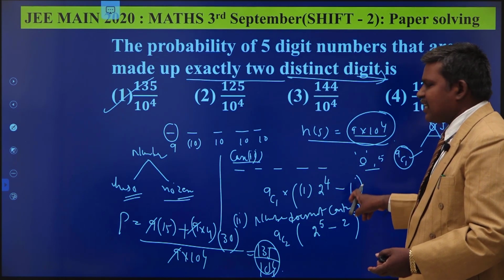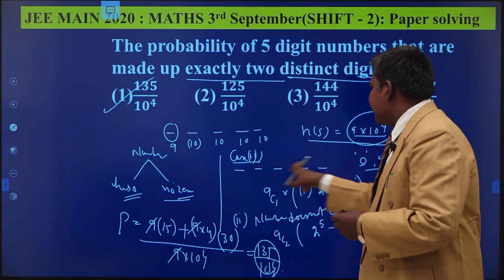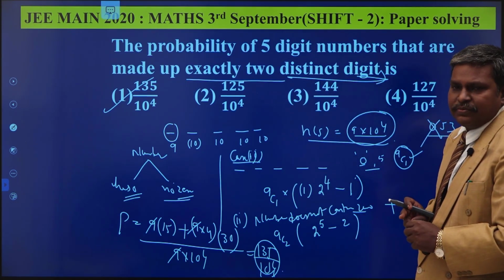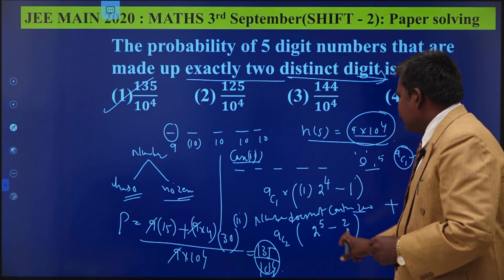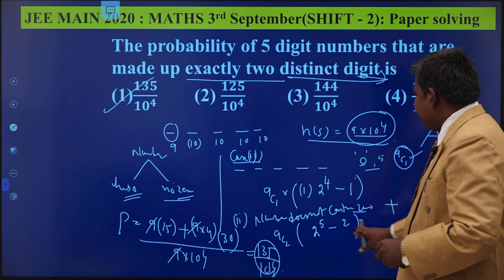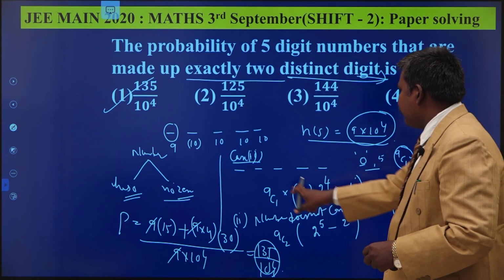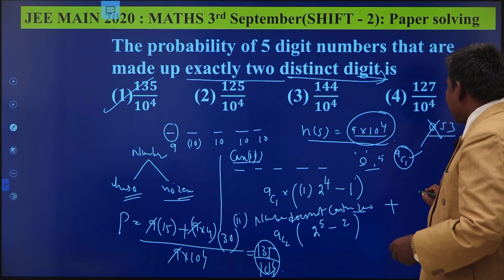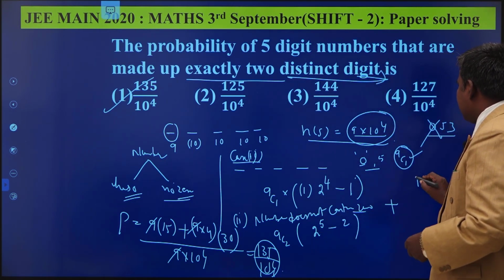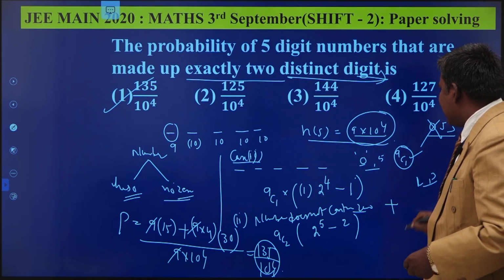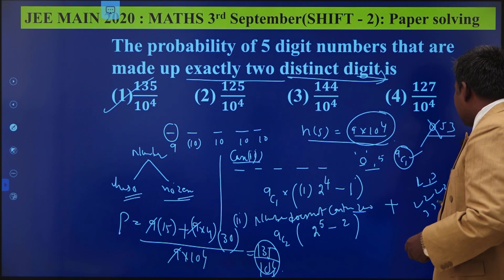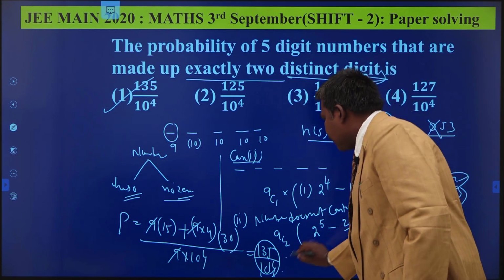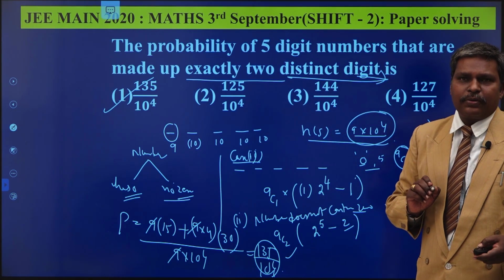Minus 1, why are we writing minus 1? If you write all as the non-zero number, that is not correct. You have to use 2 digits, that is why I am subtracting 1 from this. Here we subtract 2 because the digits would be the same. We are forming the 5-digit numbers in 2 power 5 ways, in which there exist two numbers that have the same digit. Suppose 2 and 3 are the non-zero digits taken here: 2, 2, 2, 2, 2 and 3, 3, 3, 3, 3. These are not possible. That is why we are subtracting 2. So the required probability is 135 by 10 power 4. Okay.